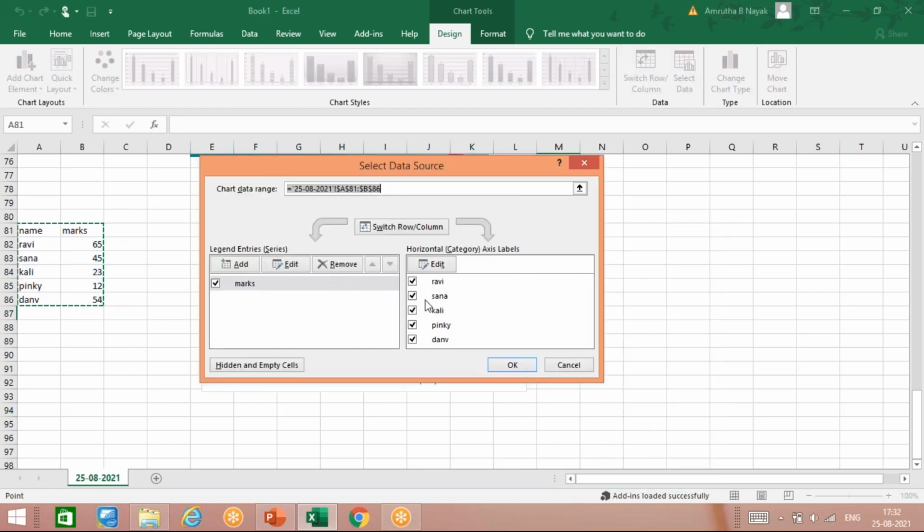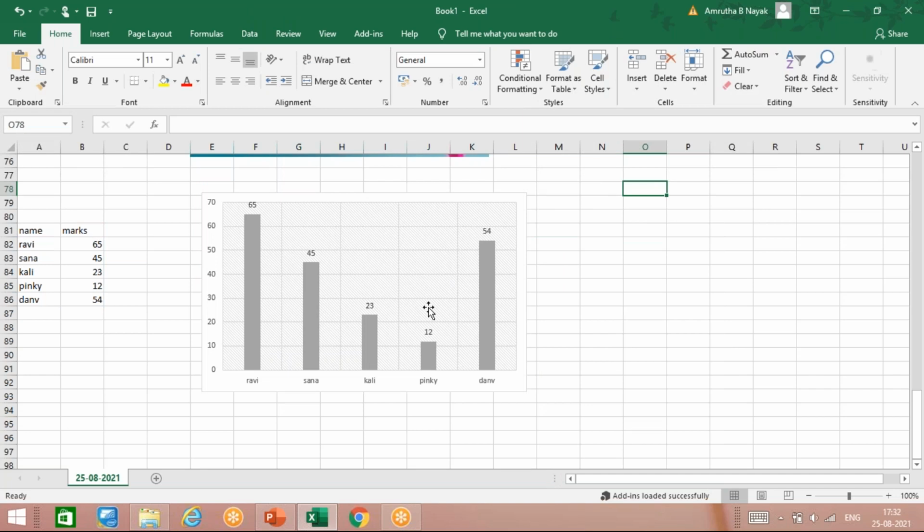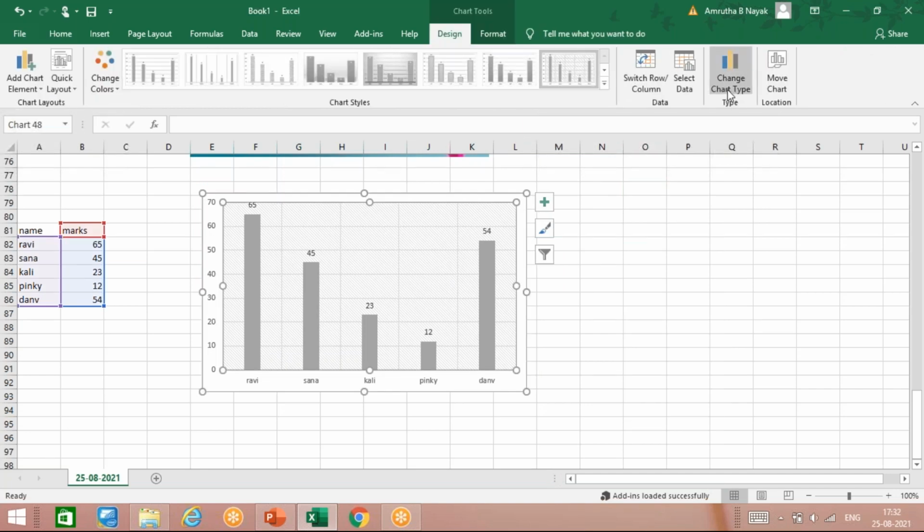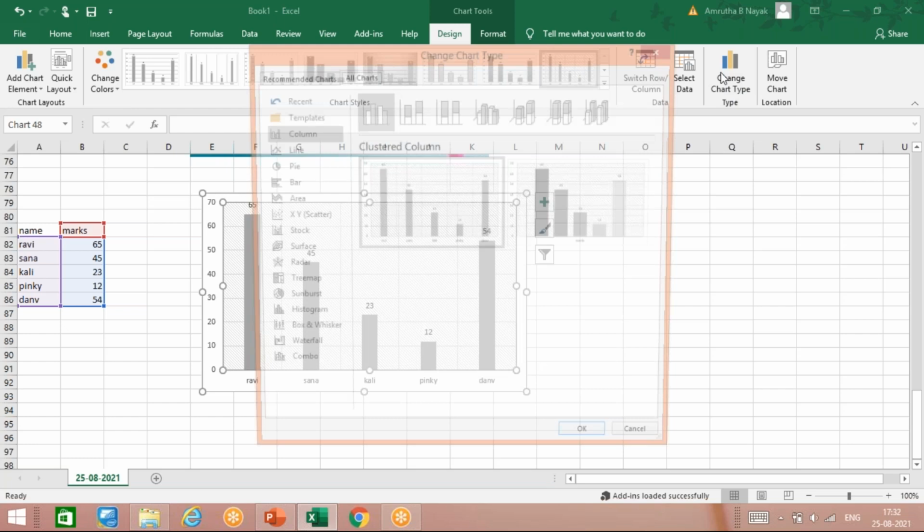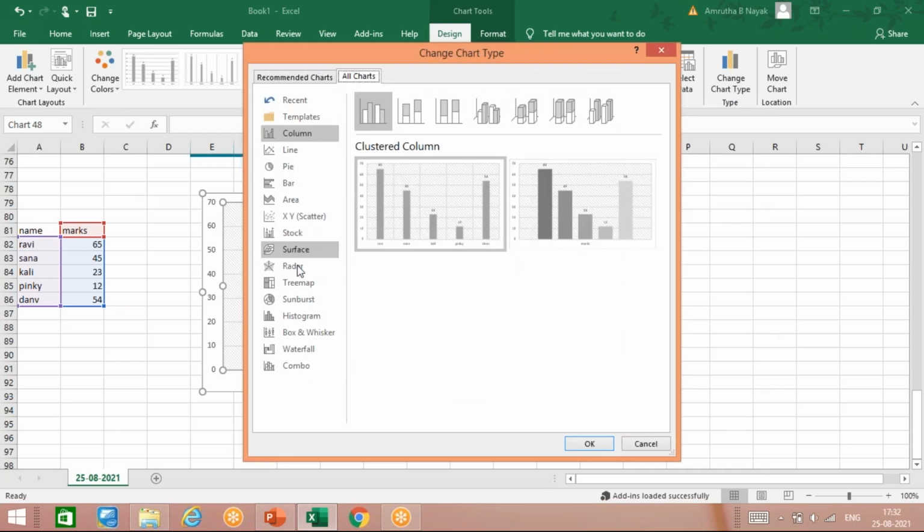If you don't want any of them, it's the same filter of what we did, no? Or if you want to change the complete range, you delete this option, select again, the complete range will be deleted. Or if you don't want only one or two, you can just edit them here. It's nothing but the filter we did. Here also you can switch the rows to columns. If you want to change the chart type,